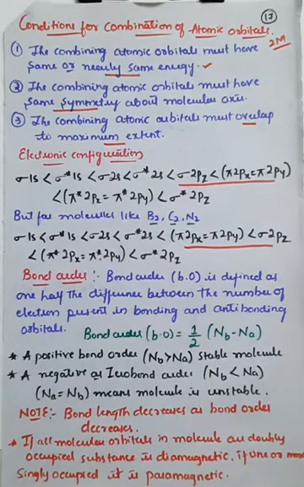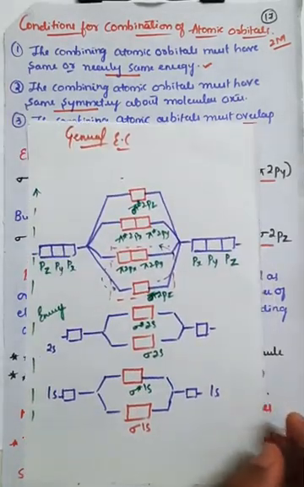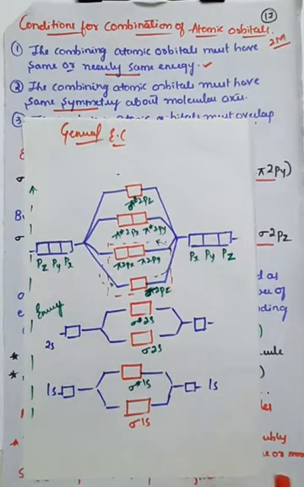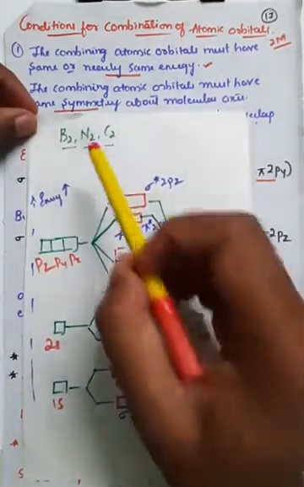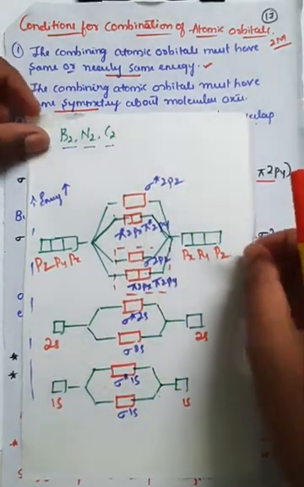And there are two types of molecular orbitals: one is bonding, the second is anti-bonding. Further, we have seen the conditions for the combination of atomic orbitals. Along with that, I gave the orbital picture, or orbital diagrammatic representation. So we saw the general electronic configuration, how we write it for the different elements for the 1s, 2s as well as 2p atomic orbitals. And in some exceptional cases like B2, N2 and C2, we have seen the orbital picture diagrammatic representation.